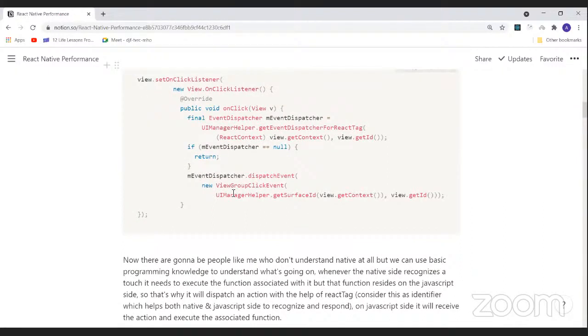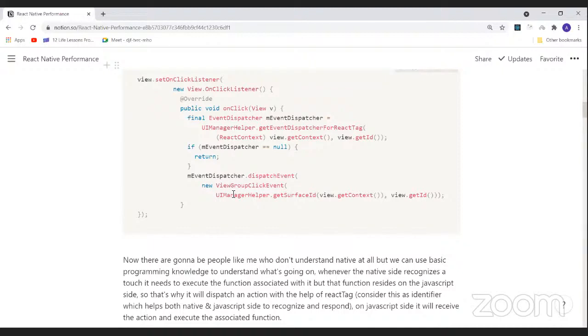Like many of you, even I don't understand native at all, but we can use our basic understanding of programming to understand this. To explain this piece of code, what it's doing is whenever there's a click, it will dispatch an event. Let's just suppose it says I've been clicked, with the help of the React tag. What is the React tag?